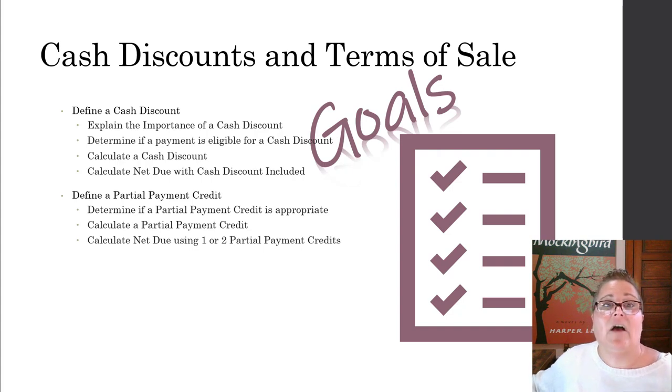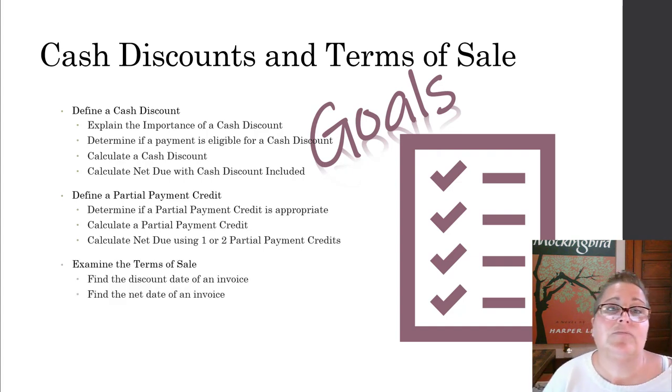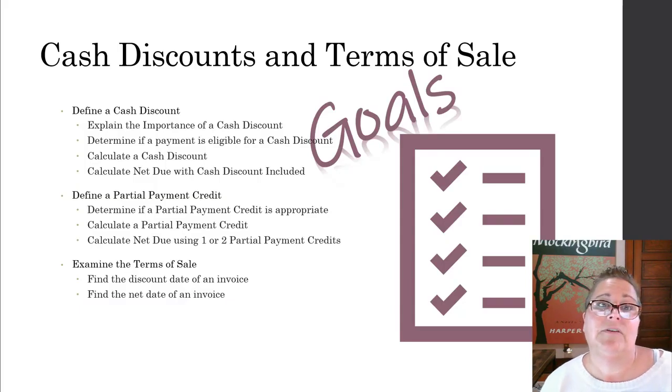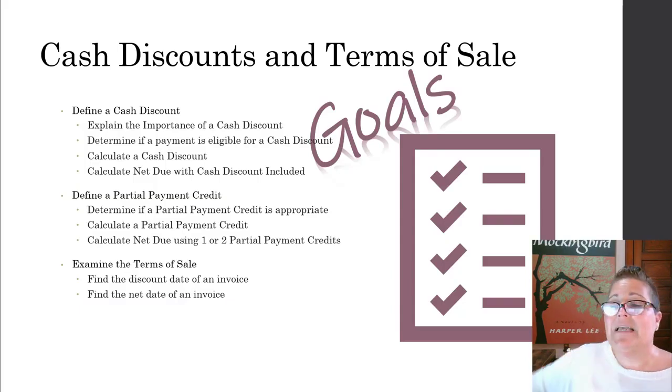Then you would need to calculate that partial payment, and we're going to be doing partial payments of either 1 or 2 separate amounts, which means we need to be able to calculate the net due based on 1 partial payment or 2. This means we need to be familiar with terms of sale, what the terms of sale are. We need to be able to find the date for discounts and the date of when a net invoice would